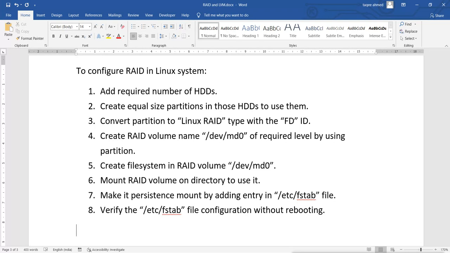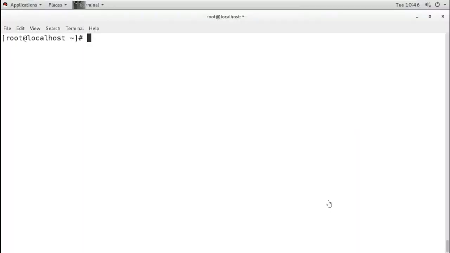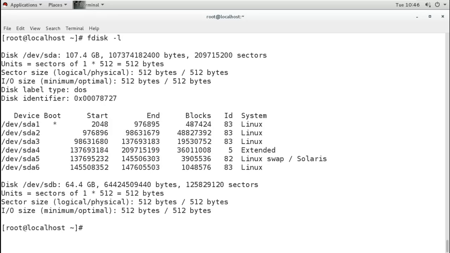Now first I will do what? I will go through all these steps and I will show. So now what I will do, I will create the partitions first. Now how many disks do I have here? I have two disks, SDA and SDB.